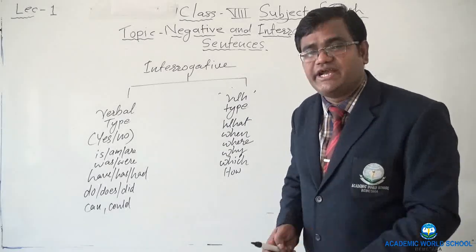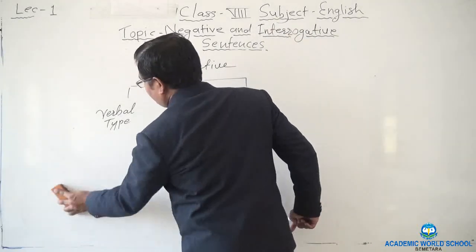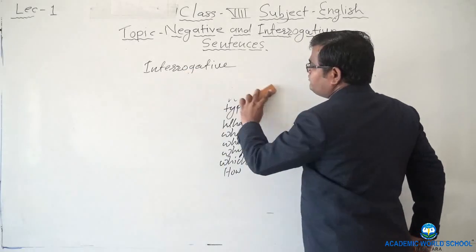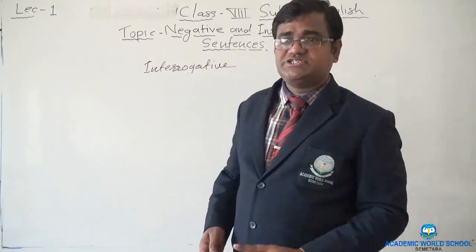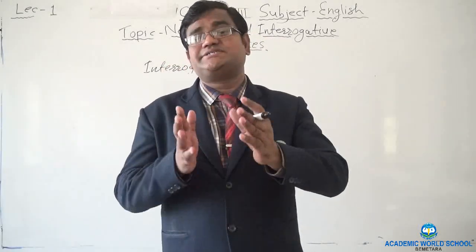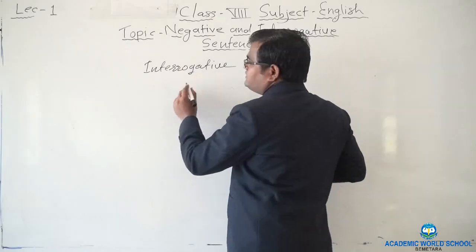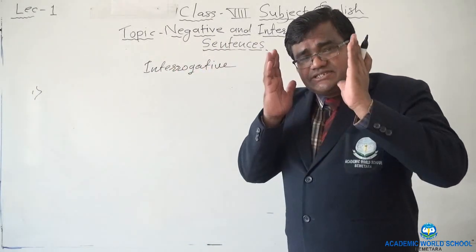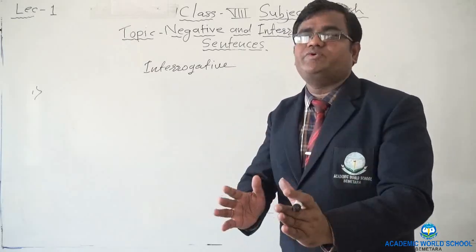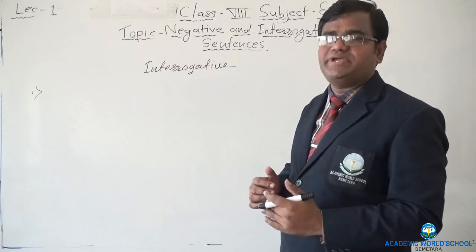Now let's understand the formula for yes/no type of questions first. How to make yes/no type of questions, and you will immediately understand how to make WH type of questions. You will never make mistakes in your life. The first thing about interrogative sentences is that a question always begins with a helping verb. You cannot put the subject in the beginning.